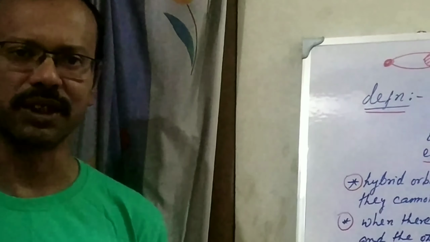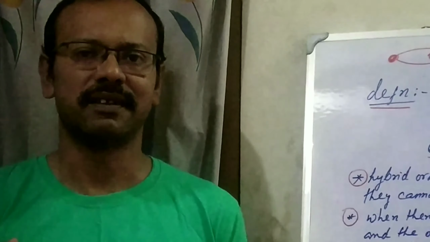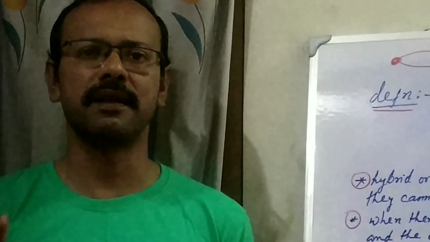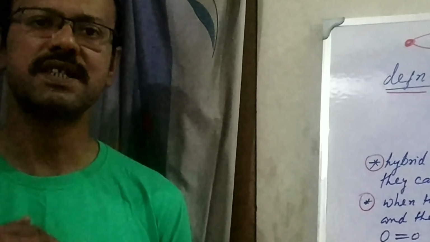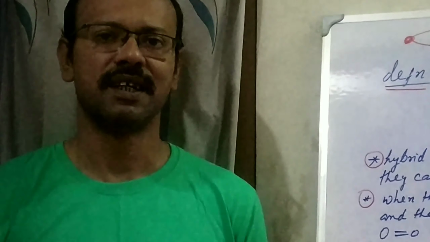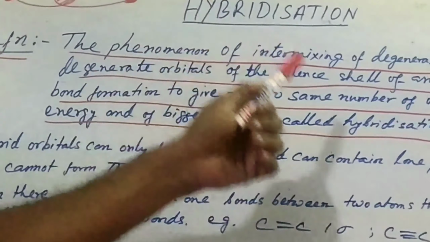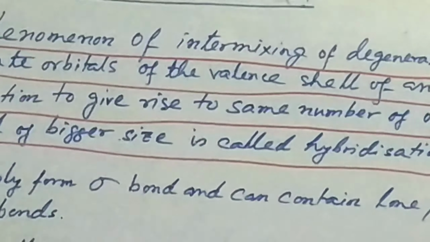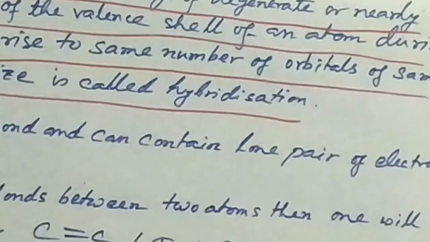Therefore, during combination, all the atomic orbitals, the valence shell orbitals rather, intermix with each other to form the same number of totally new orbitals containing the same energy. And this intermixing process or this phenomenon is called hybridization. So therefore, hybridization may be defined as the phenomenon of intermixing of degenerate or nearly degenerate orbitals of the valence shell of an atom during bond formation to give rise to the same number of orbitals of the same energy and of